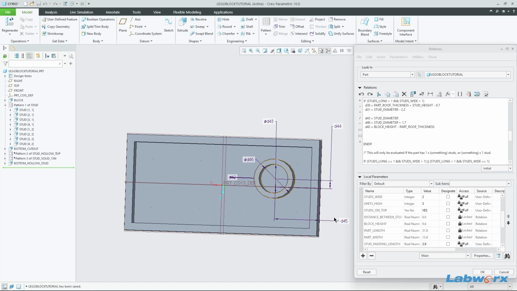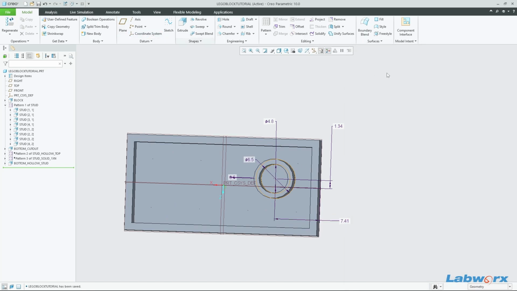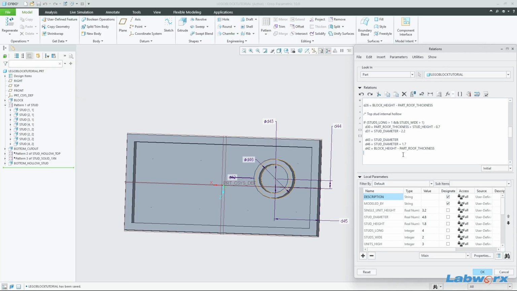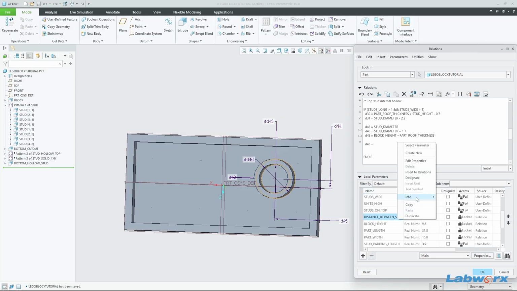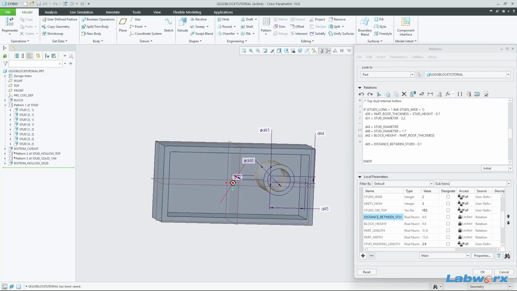So we're going to do the same thing here. We're going to go D45. D45 equals distance between studs minus 0.1, and we're going to do the same here for